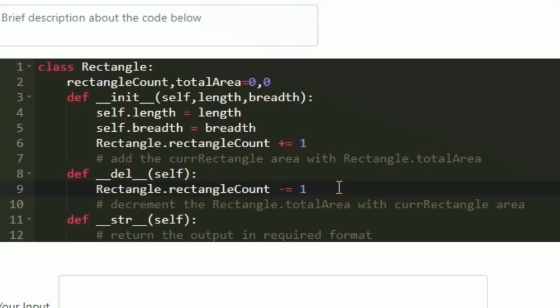So rectangle count minus is equal to 1. And now we also have to update the total area. So the rectangle dot total area must be subtracted with self dot length into self dot breadth, because that will be the area of the deleted rectangle. So now when the delete method is called, the particular object is deleted, the rectangle count is decremented and the total area is also updated.